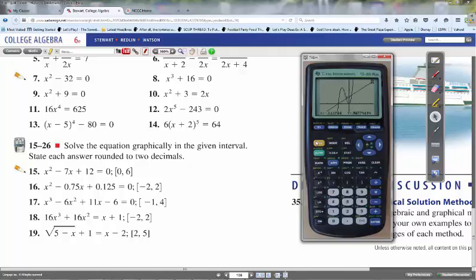If I do the intersect function on this, well, if you think about it, y equals this side, y equals this side. The only place that is going to be true is if the y's are equal. And those would be at the intersection points. You know, the y of one function equal to y of the other here. Ditto here, ditto here. So if we do the calc menu and do the intersect function,